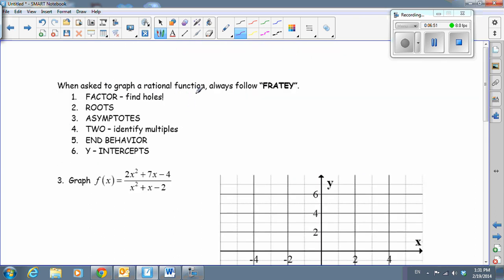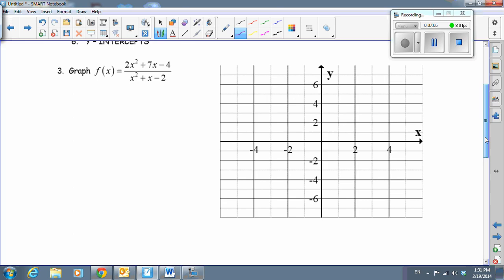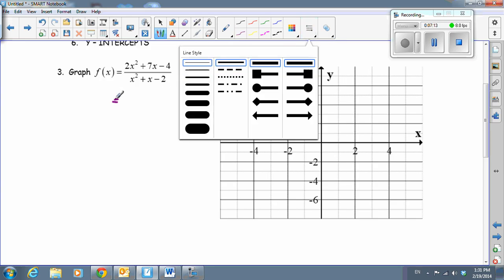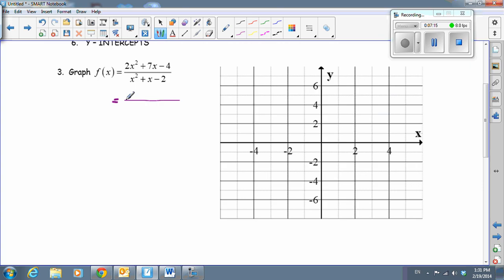When asked to graph a rational function, always follow Freddy. First factor, find the roots, the asymptotes, identify multiplicities, behavior, and y-intercept. Let's go ahead and do the first one. I have 2x squared plus 7x minus 4. The first step is to factor. So f of x is the same thing as, once we factor this, you will end up with, on top,